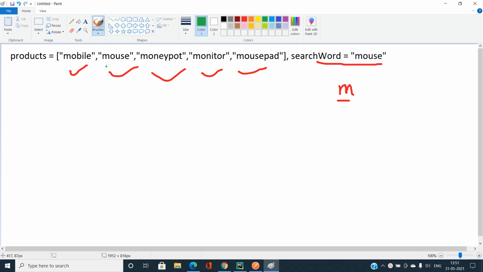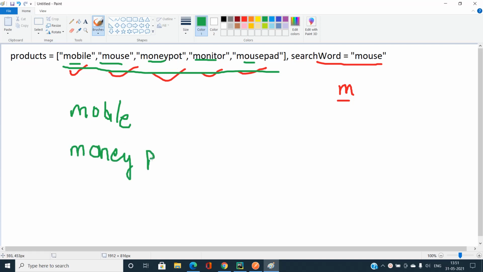Okay, so in this case you can see if we sort the strings on the basis of lexicographical order, what would be our answer? So what is the first string? Let's pick it out. MOB, then MOU, then MON, then MON, then MOU. Now MOB is the minimum, so my first string comes out to be mobile. And what is my second string? If you consider the strings in lexicographically smallest order, MOU is not going to come out. Then MON is the monitor and moneypot. Then you can see this moneypot will come out. So my second string is moneypot. And what is my third string? It is obviously monitor. So my third string is monitor.